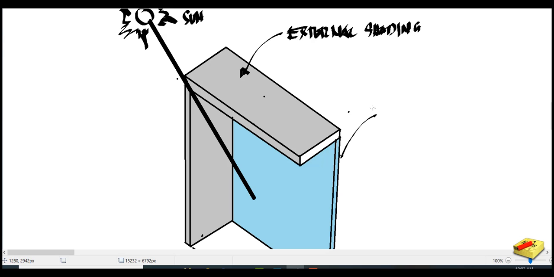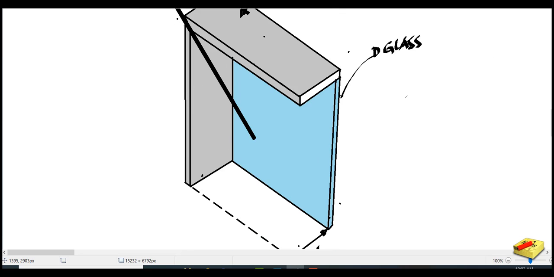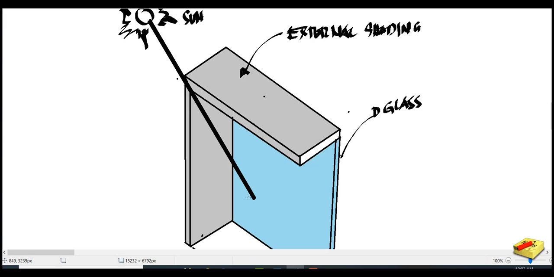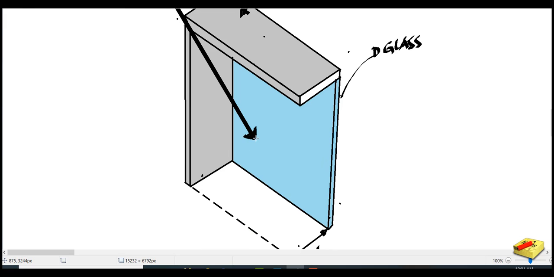Then we have here the glass. As the sun strikes the window with the external shading, the rays of the sun project a line. It will be projecting a shadow